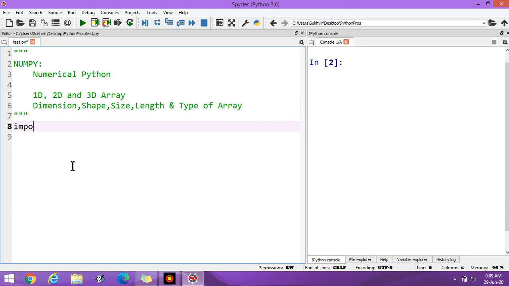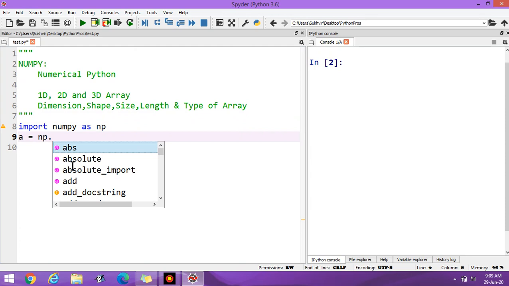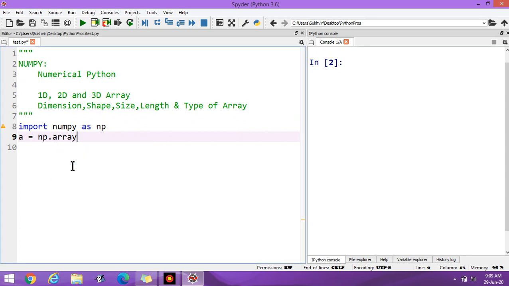To start with the practical part, first of all, write import numpy as np. We have to import the package basically. Then A is the array, np.array.